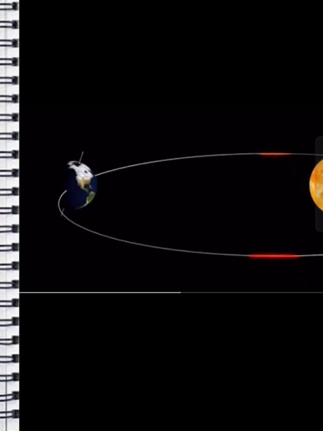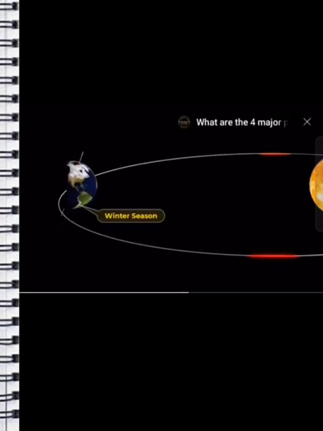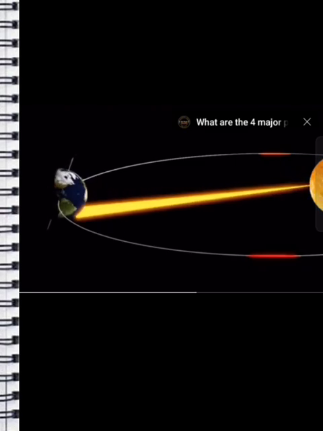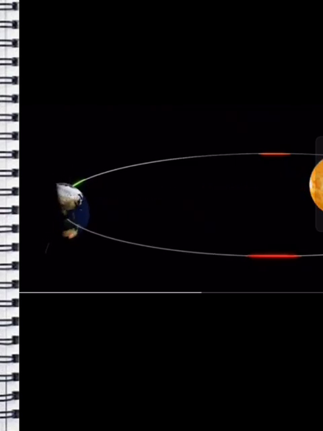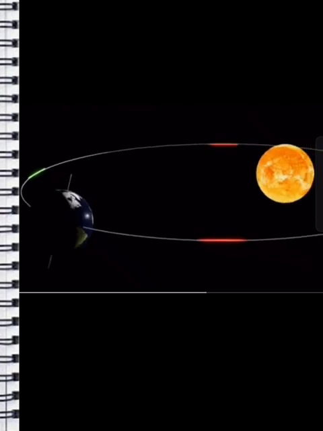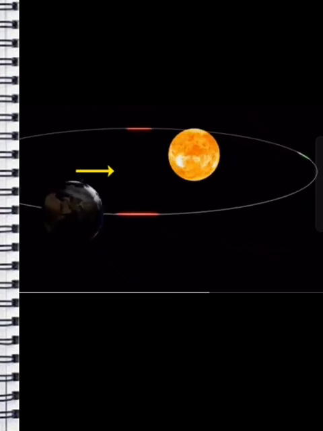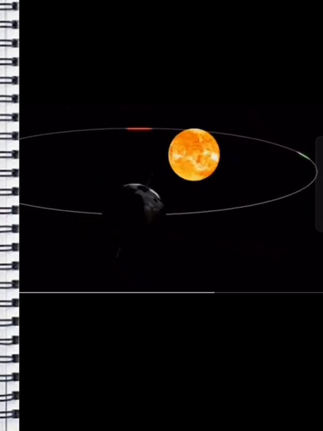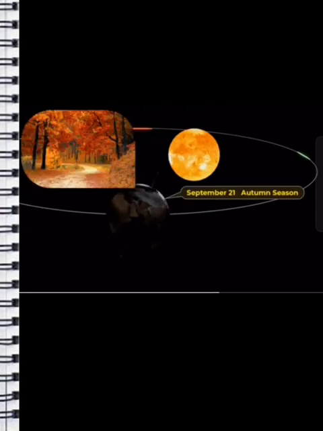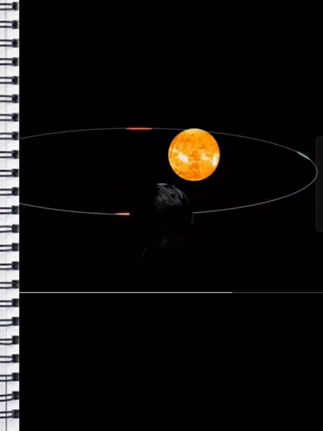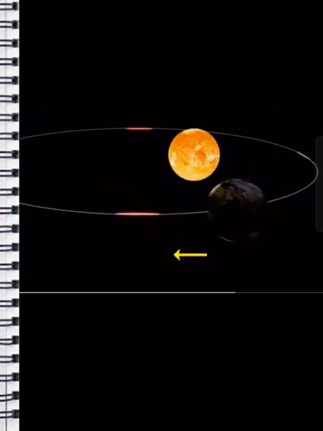At the same time, the southern hemisphere reaches its maximum tilt away from the sun, resulting in the winter season. The southern hemisphere receives the minimum amount of light during this time. As the Earth continues on its orbit, the northern hemisphere begins to tilt away from the sun, resulting in shorter days and cooler temperatures. This is the time when flowers and trees begin to shed their leaves, marking the start of the autumn season. At the same time, the southern hemisphere begins to tilt towards the sun, resulting in the